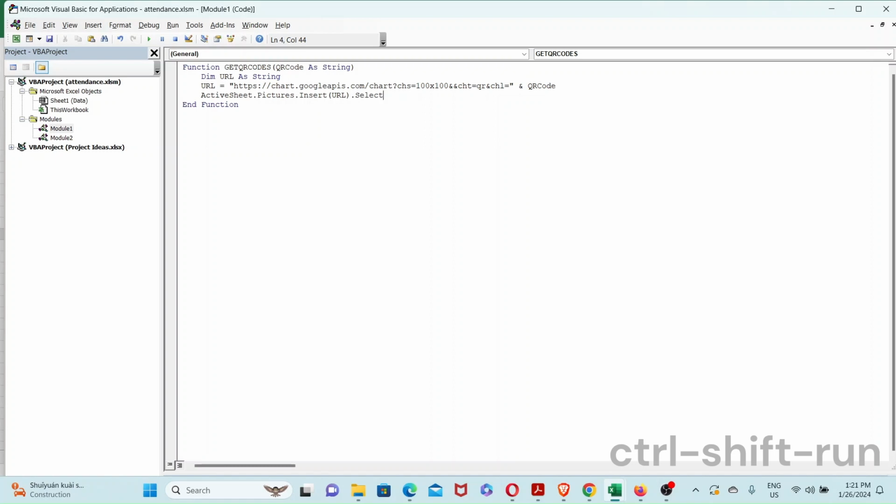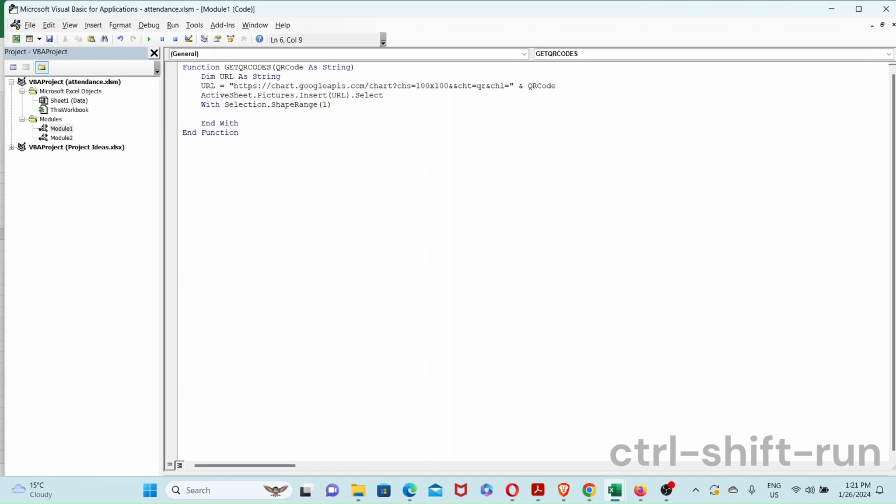Okay, so now we're inserting. So with our selection, .ShapeRange, and we should also just end with